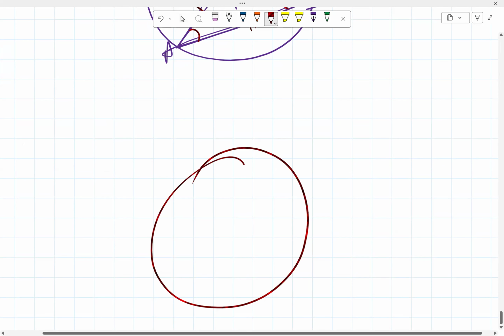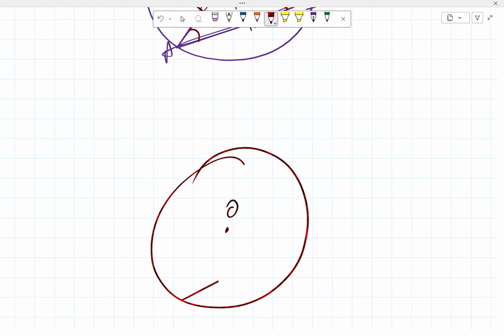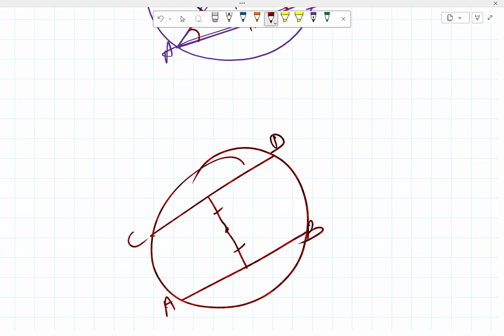another circle with center O. So you have a chord AB and another chord CD, which we say this line is equal to this line, like that. What this second statement is saying is that equal chords have equal perpendicular distance from the center. So you have this and this now. So you're saying that this distance is equal to this distance, basically. So if chord AB is equal to chord CD, and the center is O,